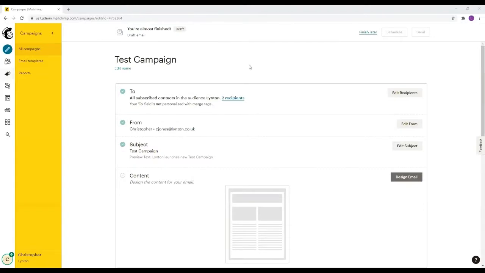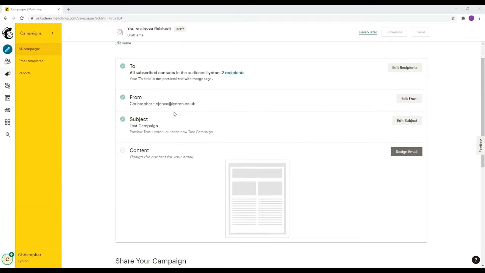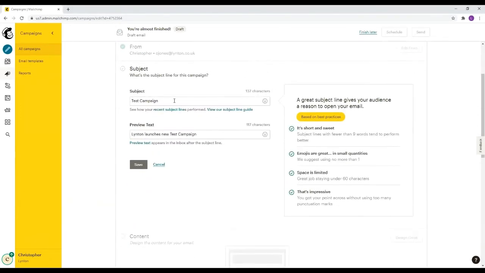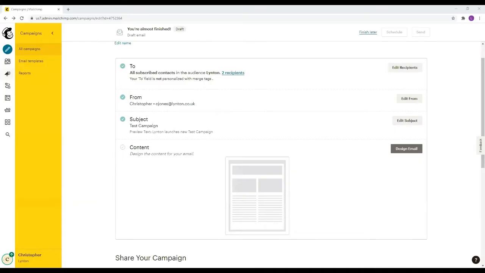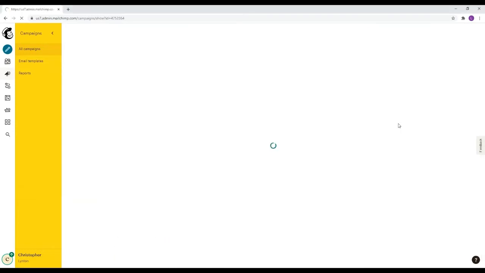As part of the process of creating a campaign, you'll have to fill out some details here. You want to fill out who it's going to go to as part of your database, who it's coming from, and what email address it's coming from. And then you also want the subject of the campaign, in this case what it is you're trying to target, and some preview text that will appear on the email that they receive as well. Basically, this page is so you can choose where your email's going to, where it's coming from, and the content that will appear as the head of that email. But for now, we're going to go in and design our first email.